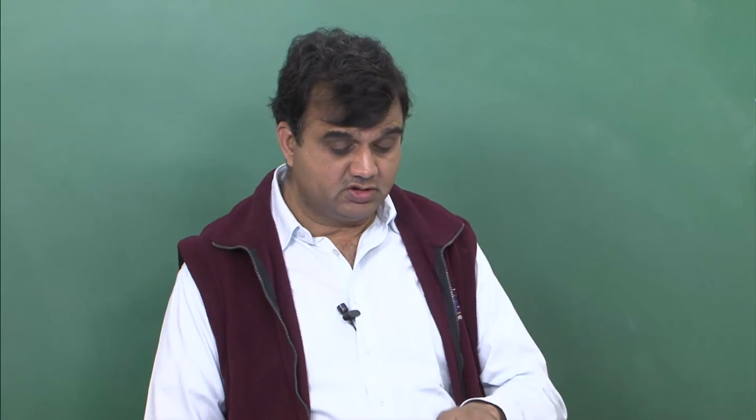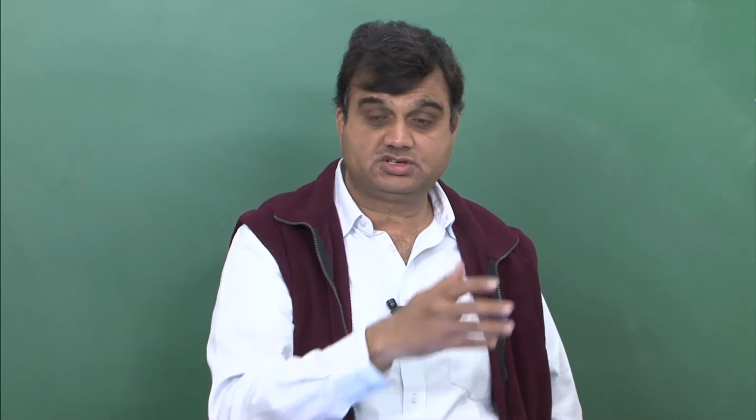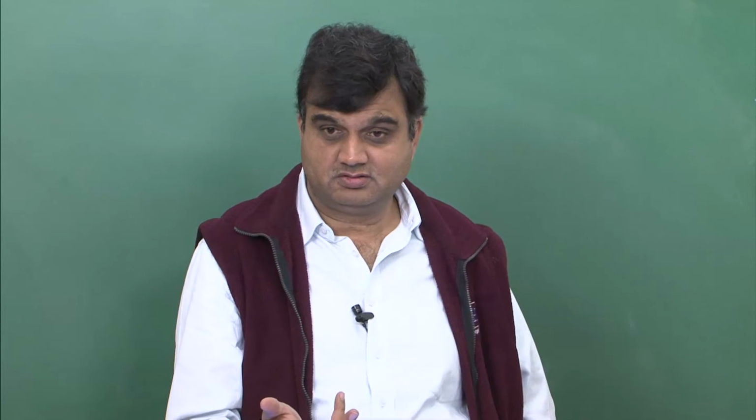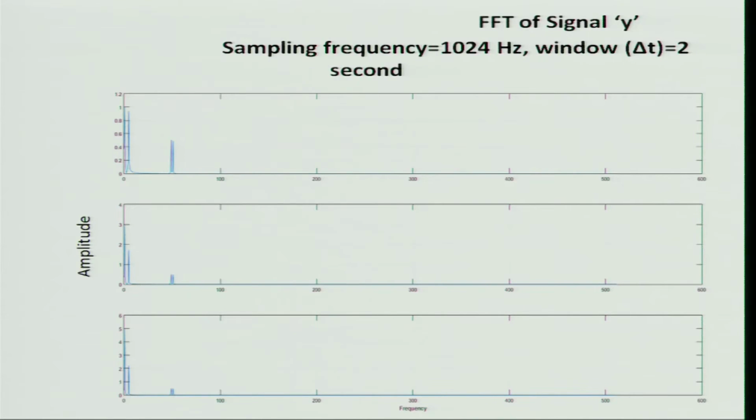The first graph is for 0 to 2 seconds. Does this amplitude correspond to t equal to 0, or t equal to 1, or t equal to 2? You do not know. The only thing you know is that the amplitude holds for that whole 2 second duration. If you use this to reconstruct, doing the inverse FFT, you will not get good answers. So this is what I wanted to show in the context of the short term